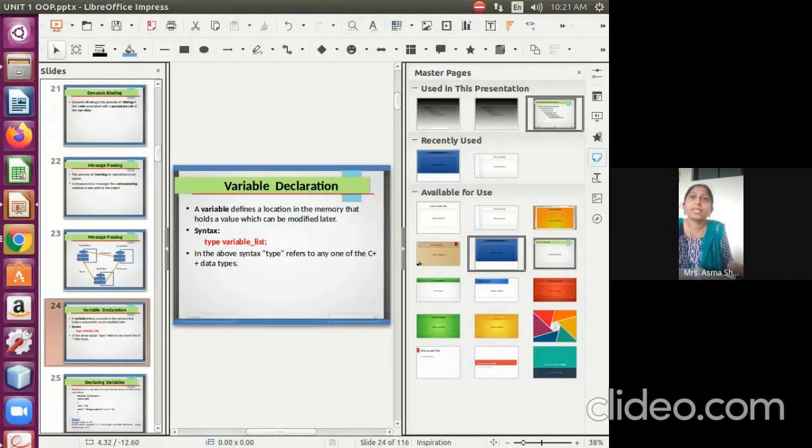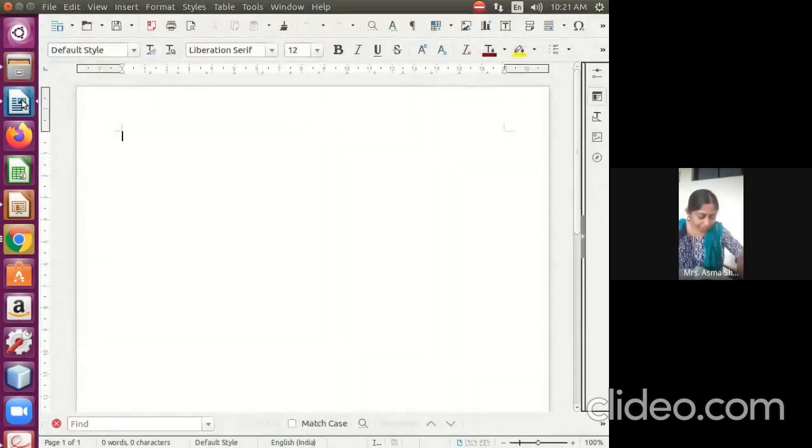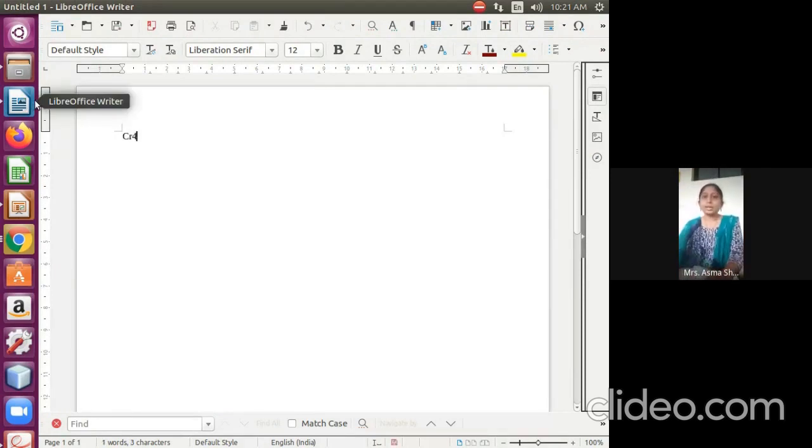If you say message passing, how exactly does it work? First, creating a class.